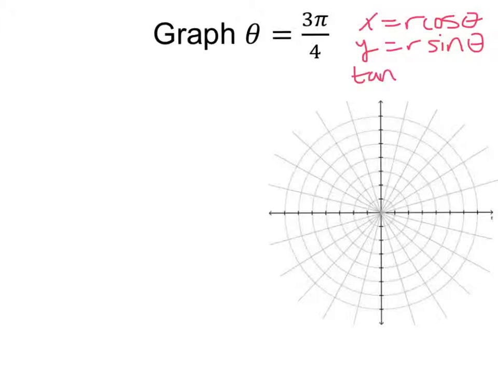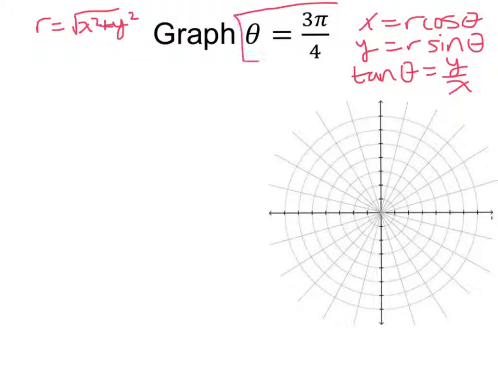Tangent of theta equals y over x. And we can also use that r equals the square root of x squared plus y squared. All right, those are my facts that relate my polar coordinates to my rectangular coordinates. And so if I'm looking at this thing right here and I want to write that using rectangular coordinates, then